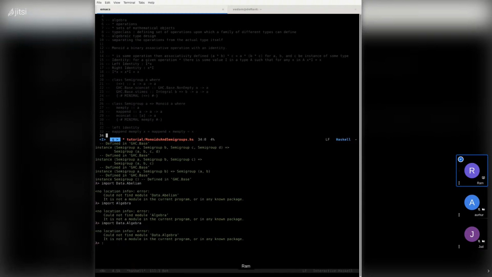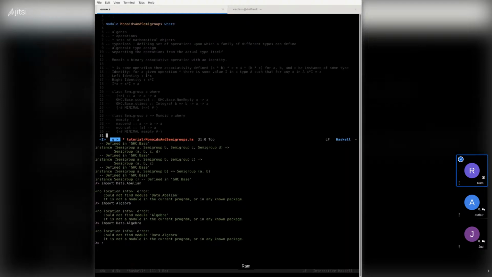We'll see an example of this when we go through the identity operations in particular types, like the numeric types, and this should become very obvious then.